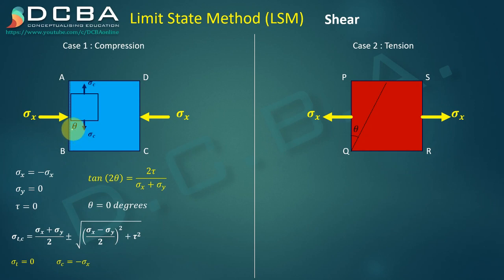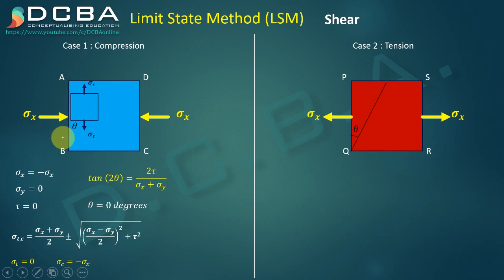Basically you should understand that principal stresses are nothing but the angle that the principal plane makes. That principal plane is nothing but the plane of failure, or at that particular point the shear stresses become 0 and cracks start appearing on that particular plane, right? So at the boundary, when the transverse shear is 0, I am getting my theta to be equal to 0. It means at the boundary the crack has to be vertical.